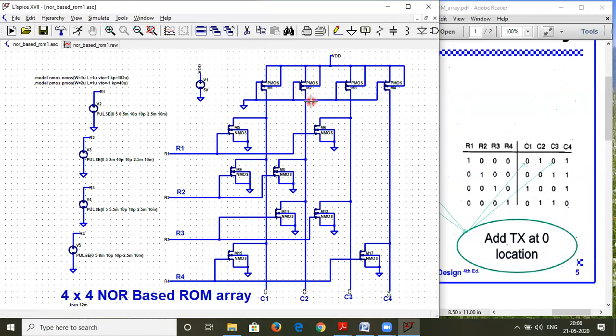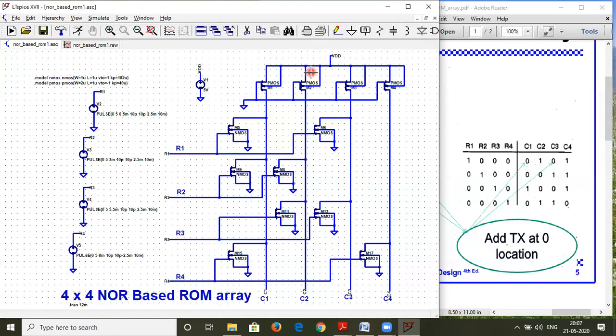PMOS transistor is a good transmitter of logic 1, but it will degrade, it will not pass logic 0 properly. So it's basically acting as a pass transistor. We are giving over here 1, right? That is VDD. And the gate terminal is permanently grounded. So we have activated this PMOS transistor all the time.